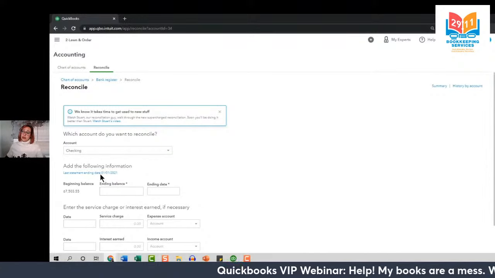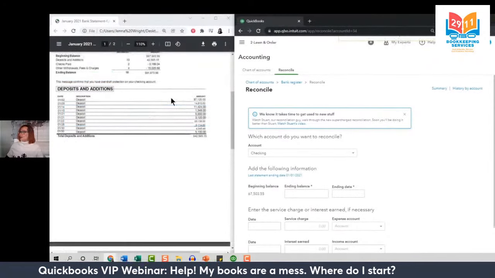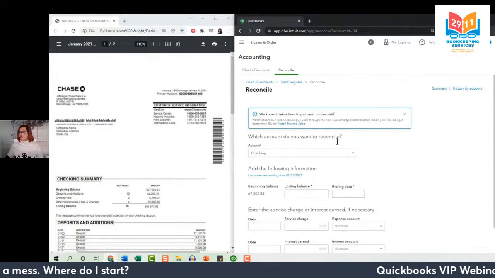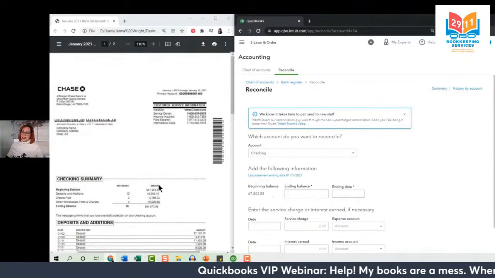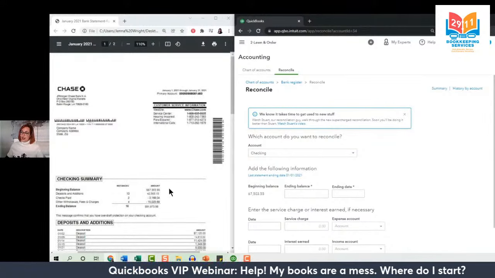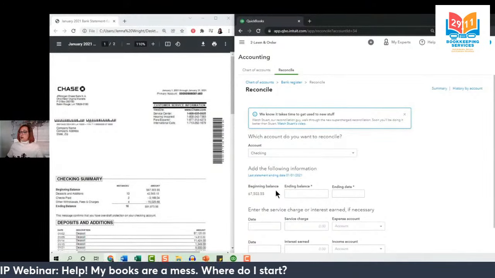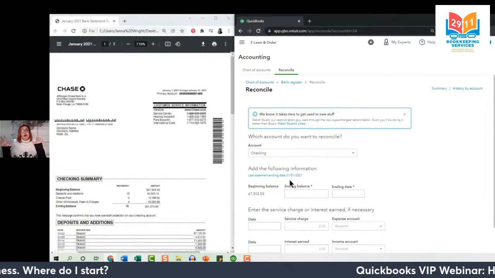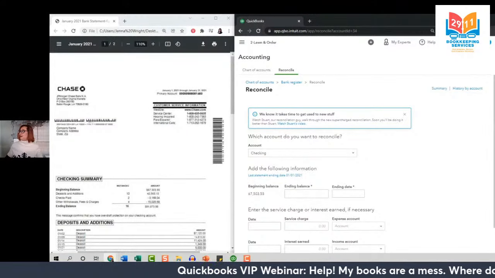First, QuickBooks readjusts our last statement ending date. That now says the 1st. If we were to go back and look at our statement, January 1st is that starting date where we needed things to be correct. So this date is also correct. And also, if we verify side by side here, our beginning balance is the same in both places. So by recording that adjustment, we've forced our beginning balance to be correct as of the first date we need without affecting that prior fiscal year. So we are doing good so far.